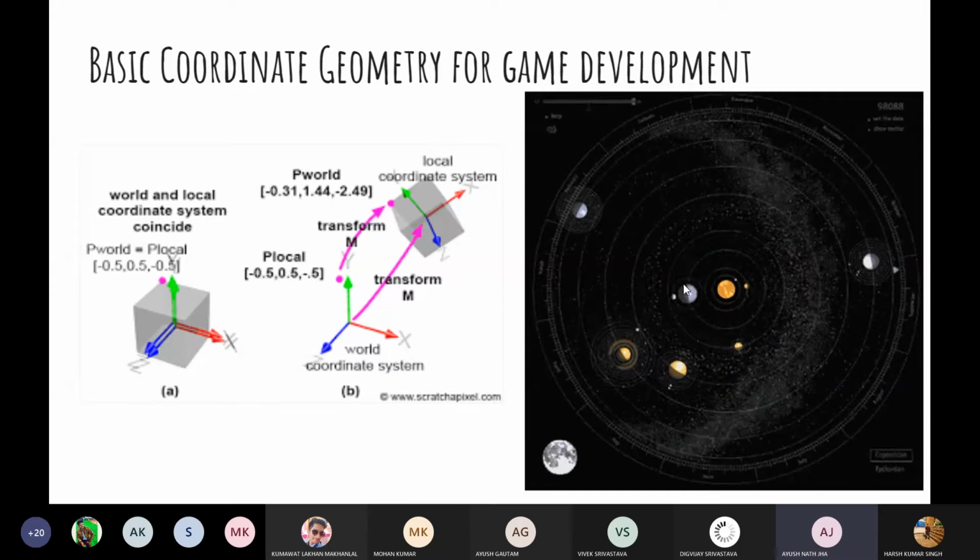Now, around Earth, what is revolving? Around Earth, the moon is revolving. So what you can say is that for the moon, the Earth is the center. The Earth's center is the origin of the coordinate system that the moon is following. Are you all understanding or not? You can just unmute and say if you are not understanding.